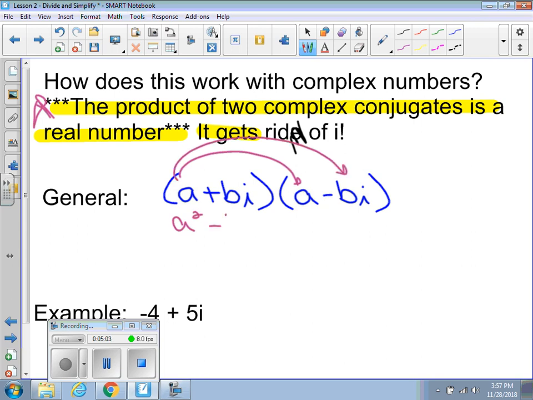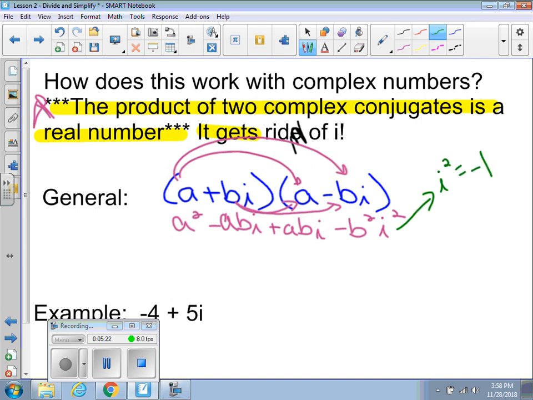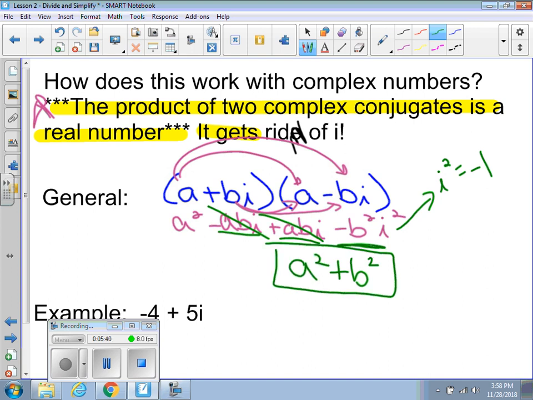A times negative BI is negative ABI. Positive BI times A is positive ABI, and BI times negative BI is negative B squared I squared. Now in our last lesson, we learned that I squared is the same thing as negative 1. So really on the end here, I have negative 1 times negative B squared, which is going to become a positive B squared. My middle two terms, negative ABI plus ABI, those cancel. And I'm left with A squared plus B squared. And if those are good numbers, that would give us a real number. There's no I left. All right, go ahead and pause the video, try the second example, or really the first